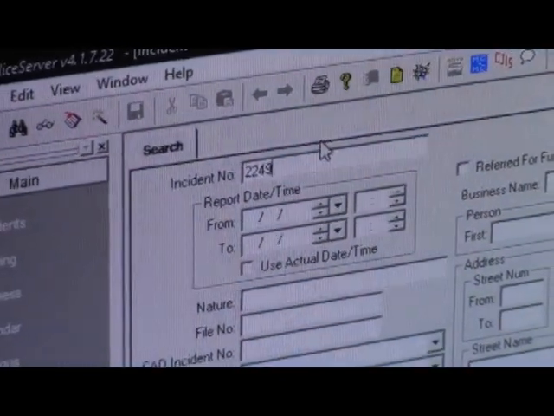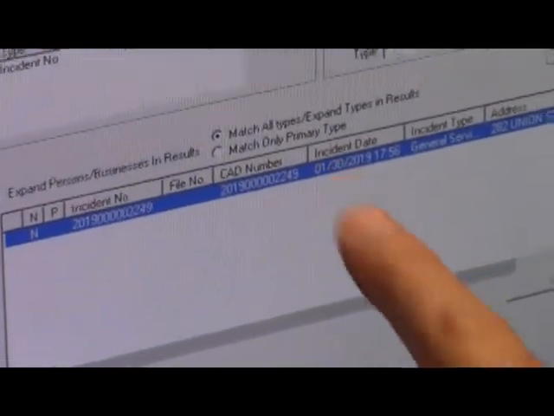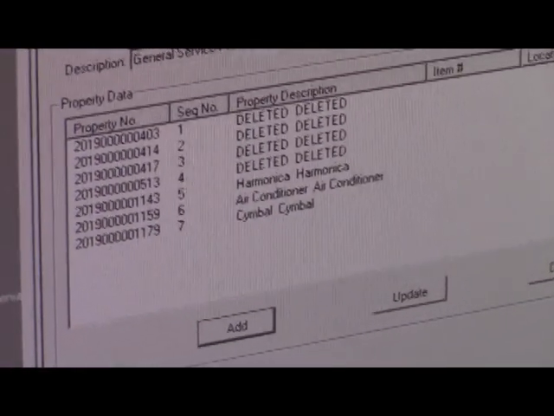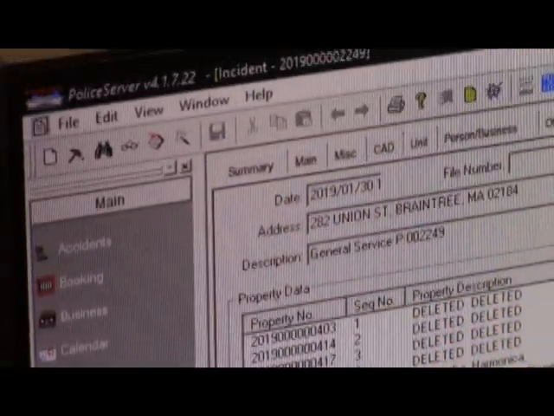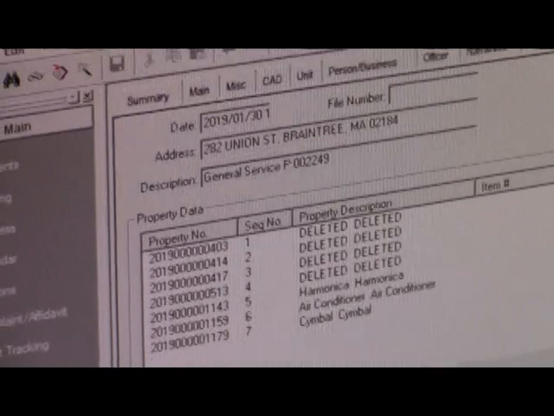And now we're going to do the search. And in our search, this is the incident number associated with the police report. So what we do now is we show in this there are properties associated with this incident. So for instance, we will say